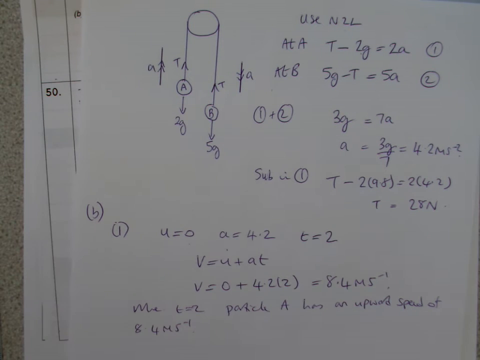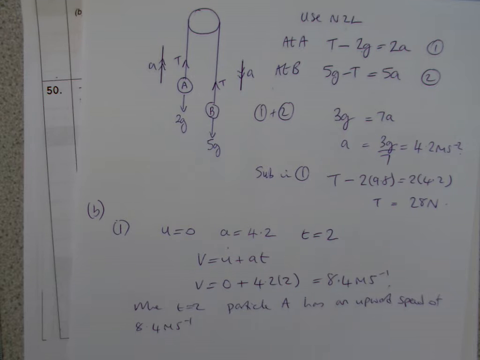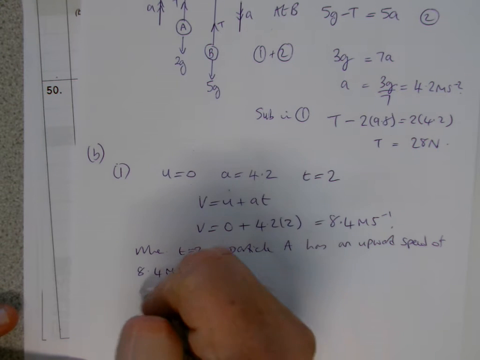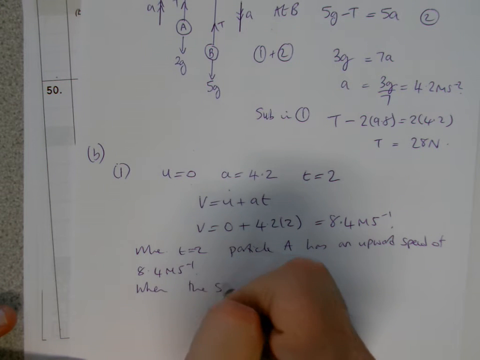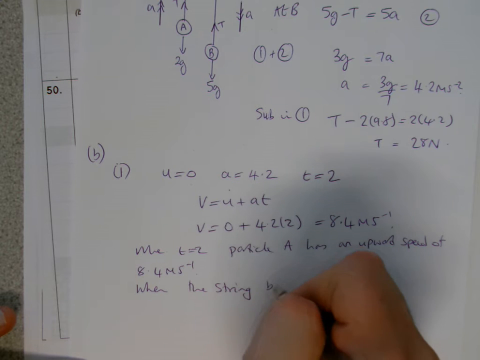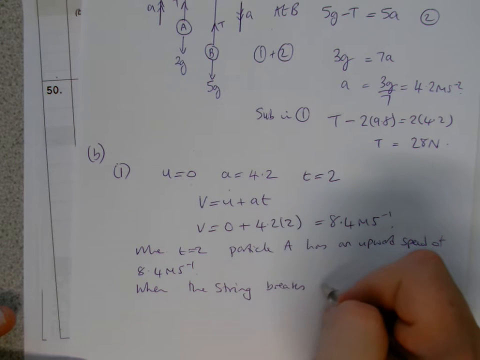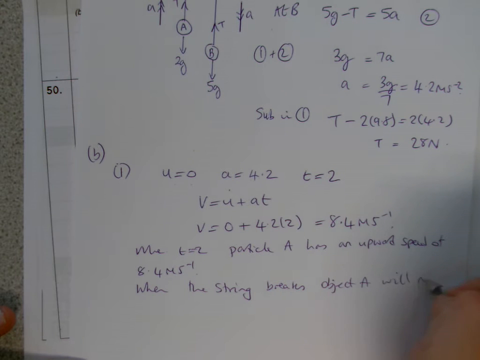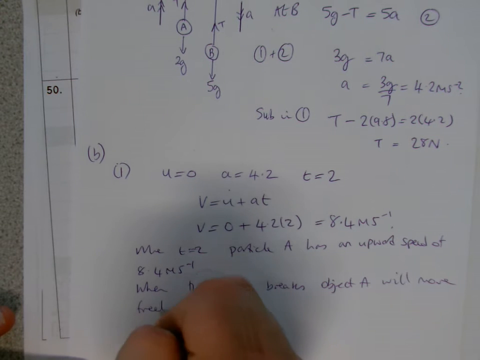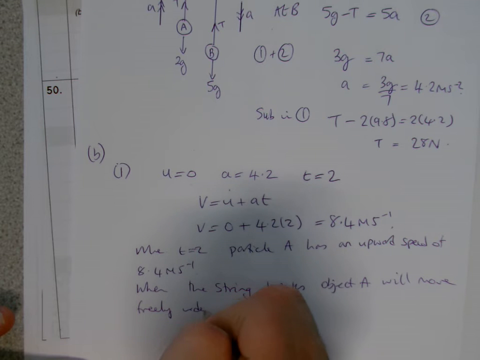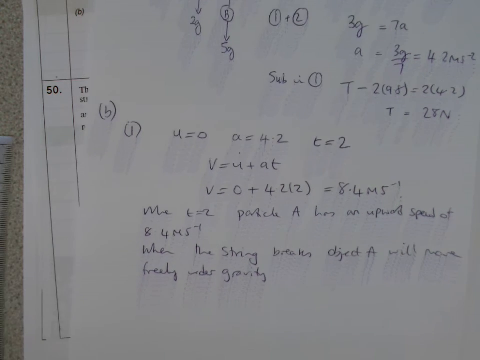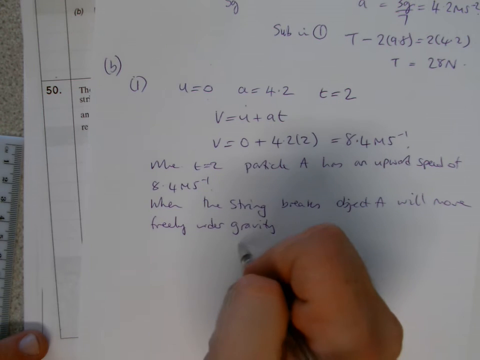Now, when the string snaps, the string is no longer pulling it, and it's moving freely under gravity. That's important to note, so we can maybe write that down. When the string breaks, particle A or object A will move freely under gravity. And if that is the case, then we can use the equations of motion again, where the initial velocity, of